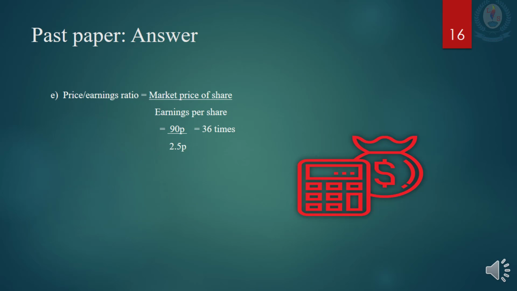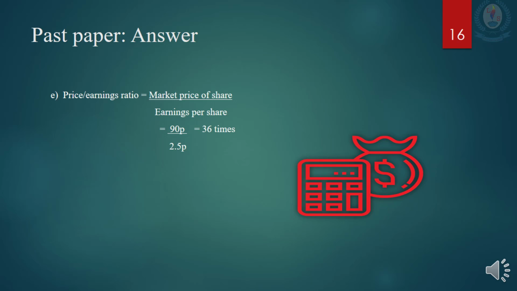Part C, dividends per share. The formula is total ordinary dividend over the number of issued ordinary shares. The ordinary dividend is being given in two forms, as interim and the final. Children, interim dividend is paid at the mid of the year and final dividend is paid at the end of the year. To get the total ordinary dividend, we need to add both of these. Again, we will consider 8 million as the number of ordinary shares. Finally, the dividend per share will be 2.25 pence.